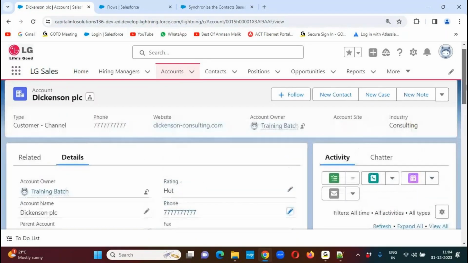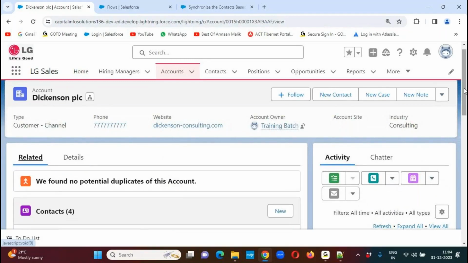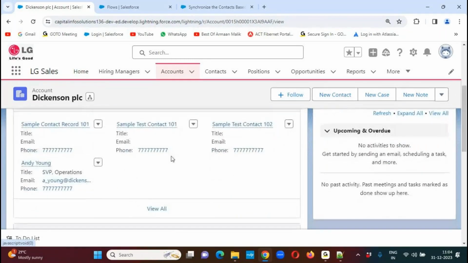When you go back to the related contacts over here, these contacts have also been updated with that same phone number. Whatever phone number, fax number, and address information we have in the account, the same data will be reflected in the related contacts also. Generally, by default, upon creating the contact, account record data will populate into the contact automatically. But in future, if you make any changes in the account, that data will not synchronize back to the related contact. So to do that, we need to write the trigger,